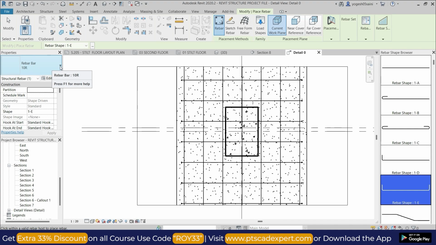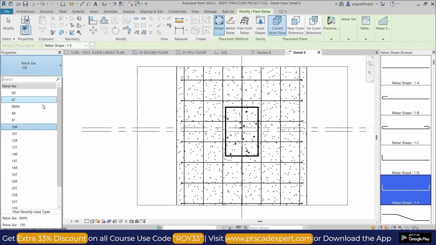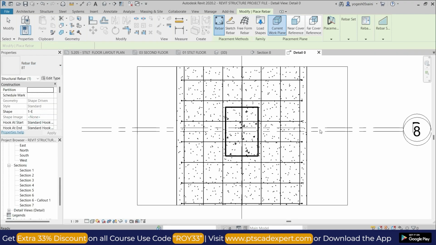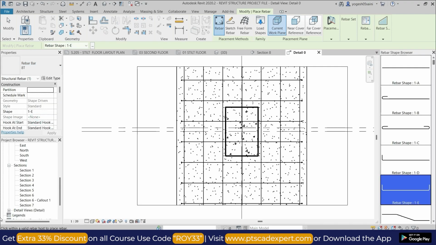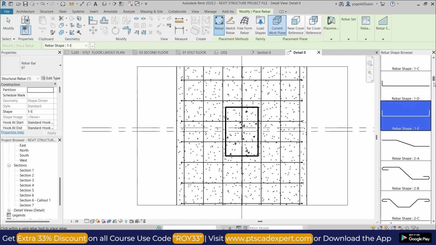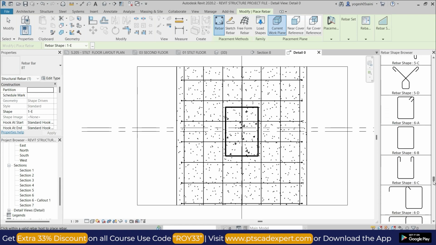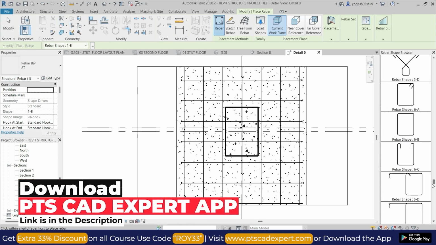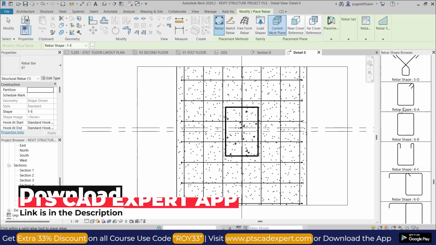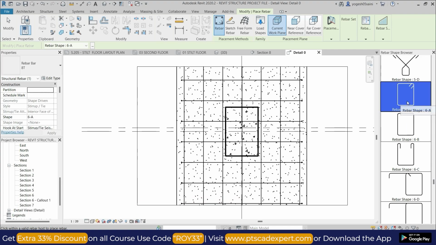Make sure to select the rebar type. I'm selecting the 80. Okay, and from here I'm going to select the rebar shape. Okay, so I'm going to select this rebar shape 6A. Okay,